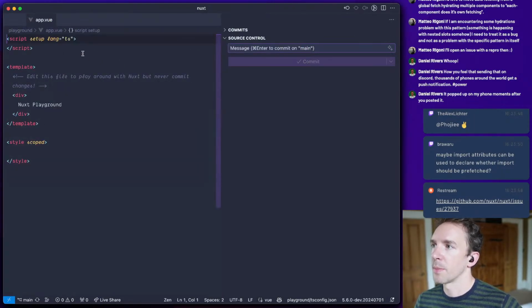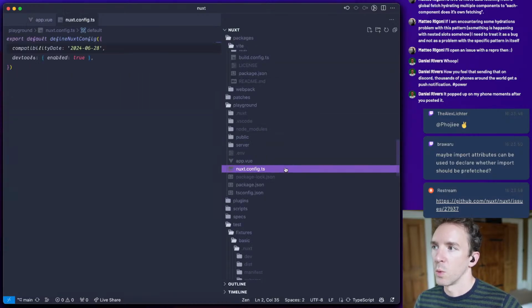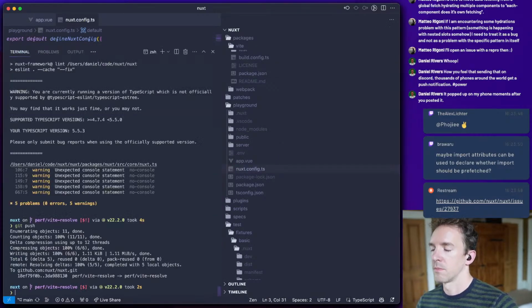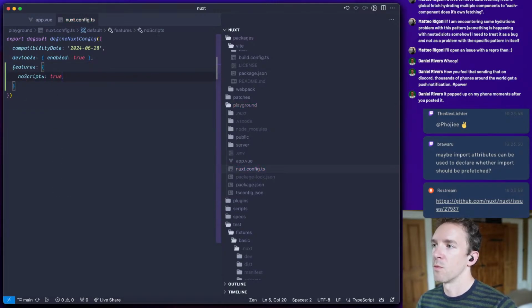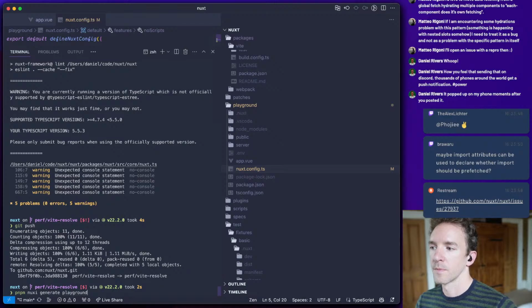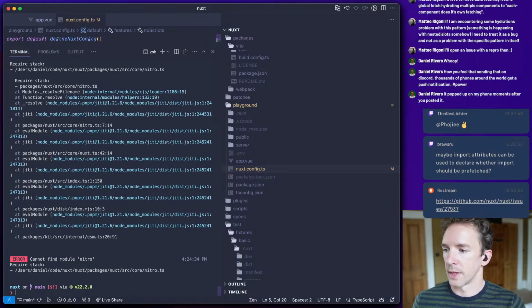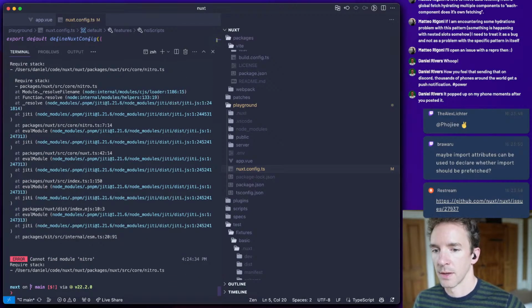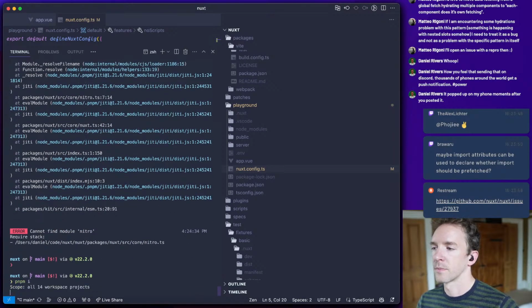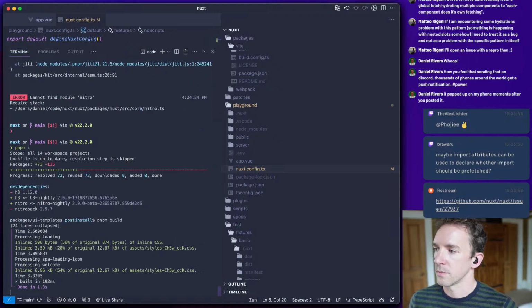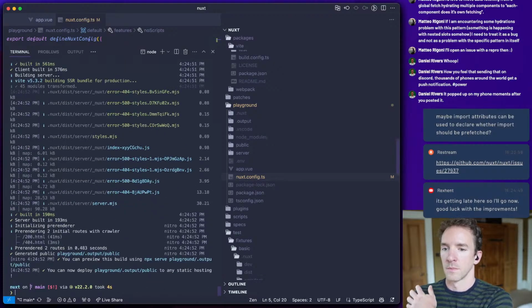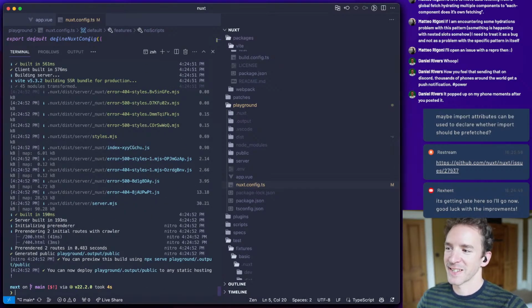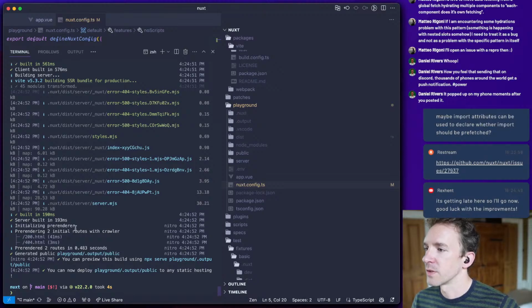So if we have an app here, and we turn on features no scripts, and we render it, we should not have any payloads. What? Oh. Yep. See you later, Rex. Okay, so, okay, we need the...